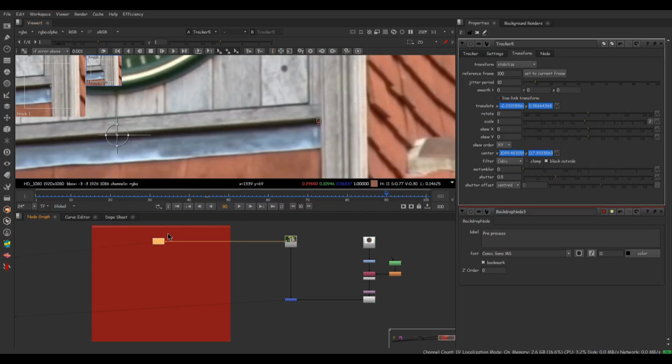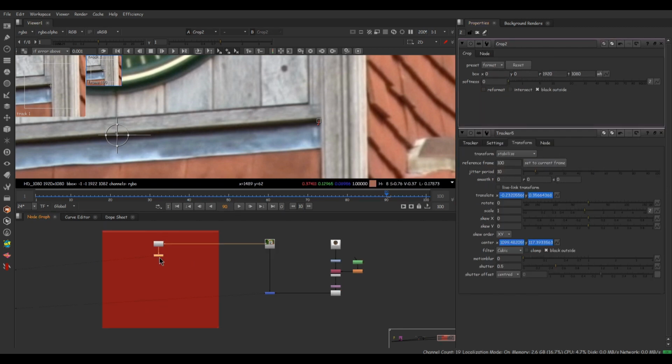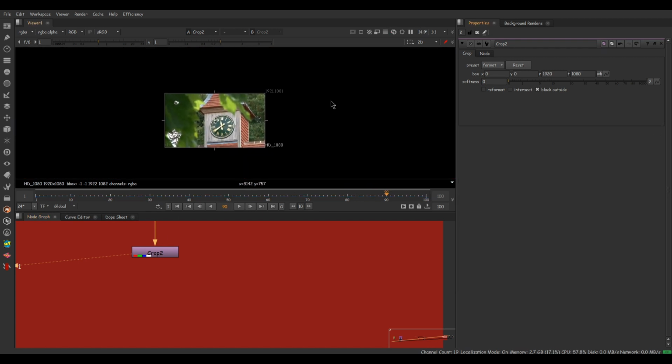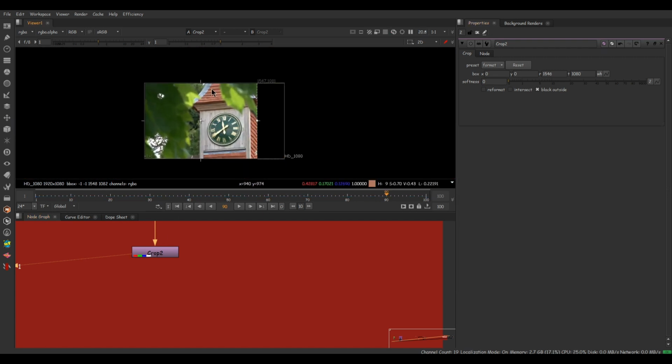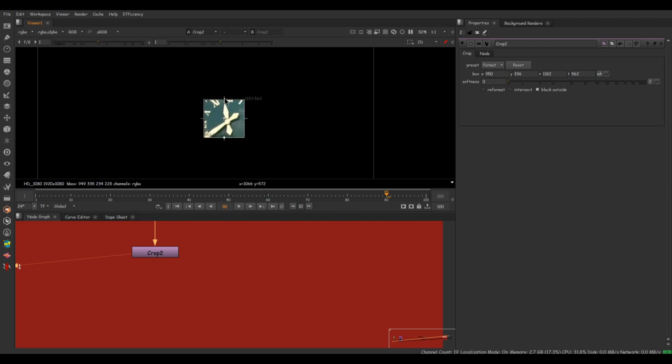Select this tracker node and let's bring a crop node. So we are going to crop and isolate certain area. Adjusting this little further, and this is okay.